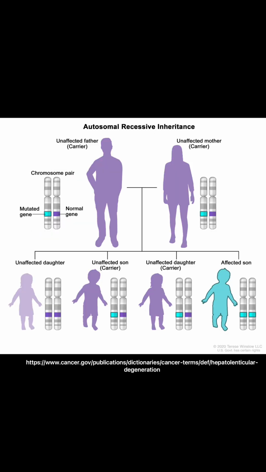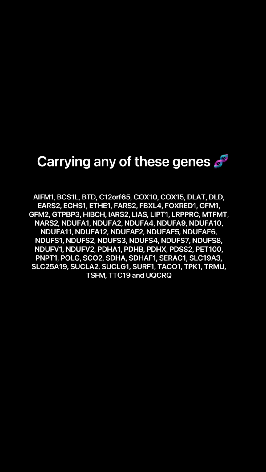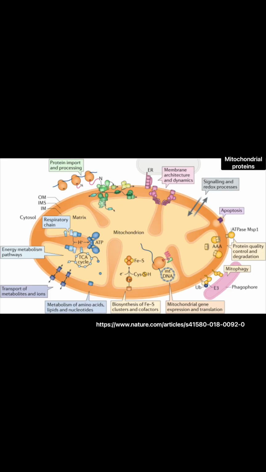In the case of autosomal recessive pattern inheritance, two faulty nuclear genes are inherited from both parents carrying any of the following genes listed below. Most of these genes are involved in the oxidation of electron carriers, NADH and FADH2, and any fault in one of them will have a direct effect on the respiratory chain and the OXPHOS process, and ultimately production of cell